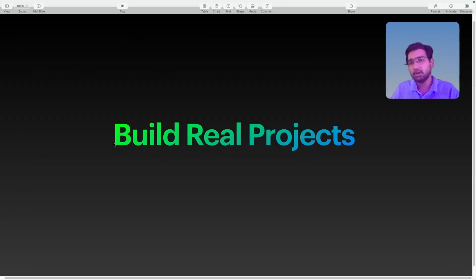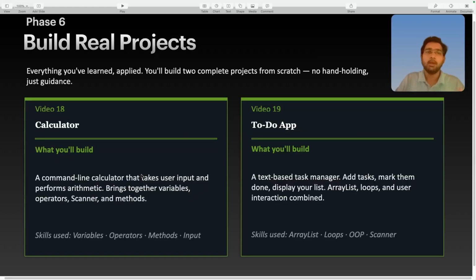an introduction to generics. While we are studying all those topics, we'll also be building some school projects or simple projects, which will enhance your learning and increase your capability of thinking about how things work. So we will be building projects such as a calculator and a to-do app. The calculator will be simple, doing some arithmetic operations, and the to-do app will have task-based features. We will be managing tasks through array lists, using loops,